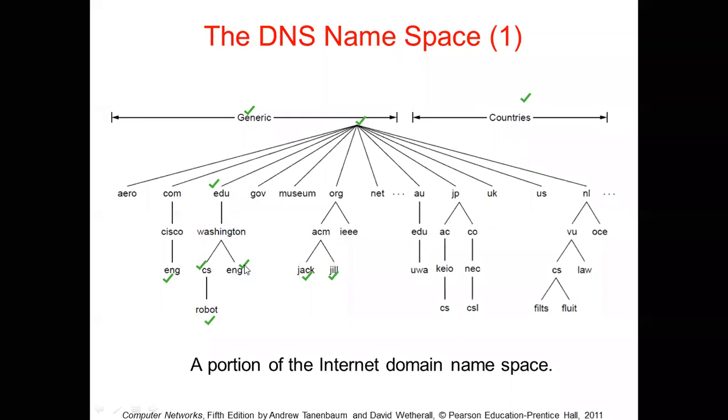For country domains, generally the last two characters are used to represent the country. For example, AU stands for Australia, JP stands for Japan, UK stands for United Kingdom. Like that, India would have the two characters .in, and for US-related domains it would be .us. Okay. Now, one important thing to remember is that top level domains are usually of two types, as I said, generic and countries.